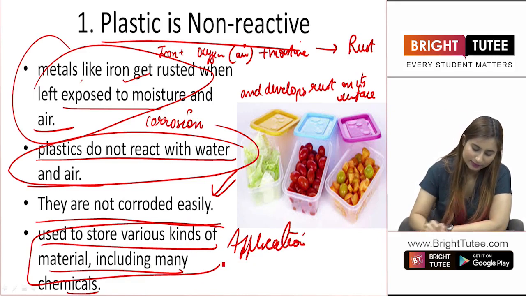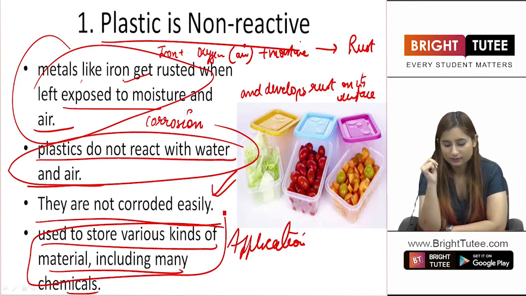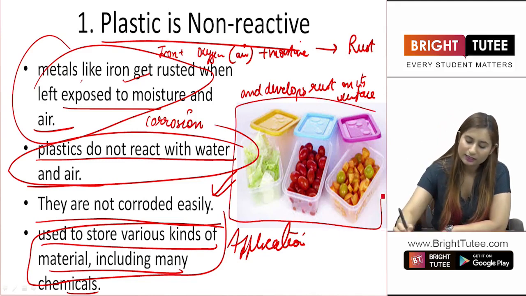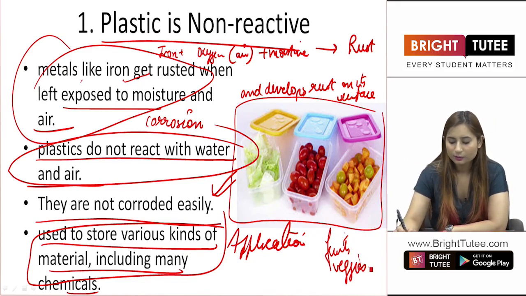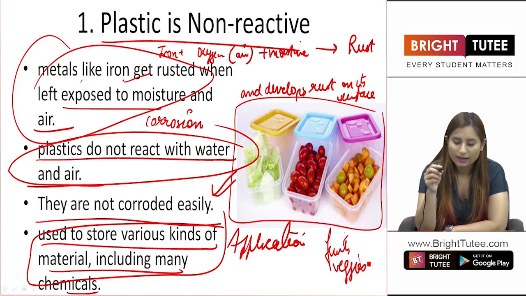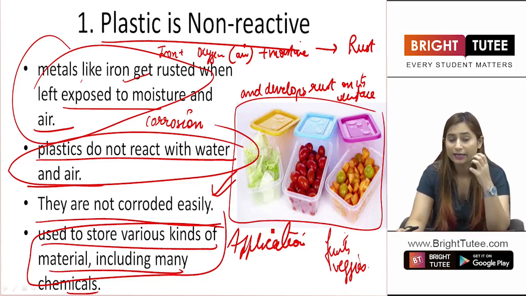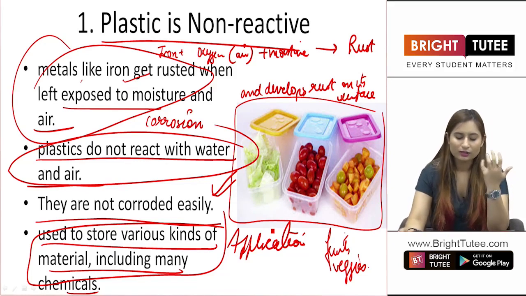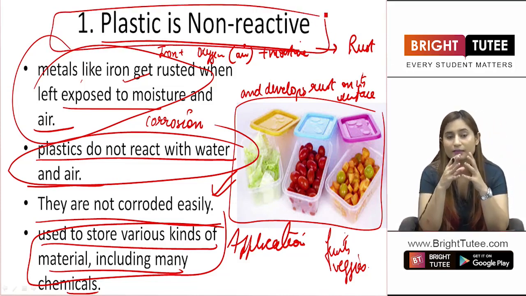This last point is its application, that due to this property, they are used to store various kinds of materials including many chemicals. Right students? In this picture you can see there are containers containing fruits, veggies. Now plastics are used as containers because they do not react. Had there been another metal, that metal would have reacted with the substance present inside the container and would have destroyed our food. So plastic is non-reactive, and this is the first advantage which makes plastic a substance